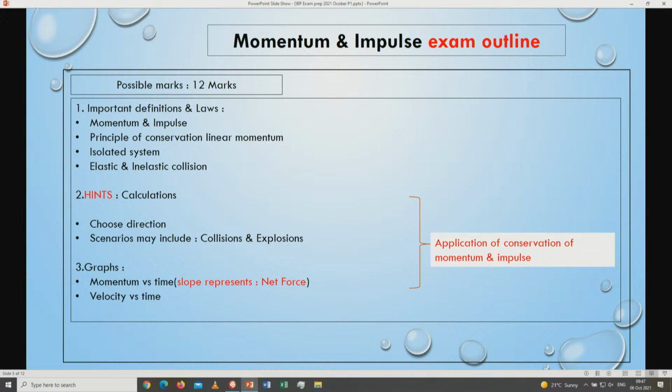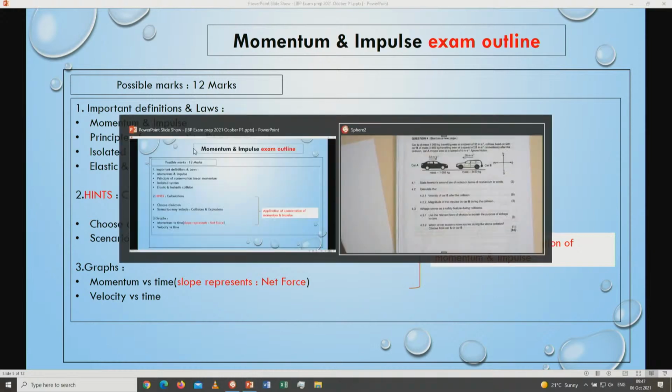There's nothing more you can do, but the only thing you can do is learn your definitions from the exam guideline given. The only one that I did not add here is the one that says define or state Newton's second law in terms of momentum. It is not necessarily a new one, but it is the most recently asked question lately, because the majority of us are unable to state Newton's second law in terms of momentum. So we will look at the question that was given to us in the September exam or the prelim exam.